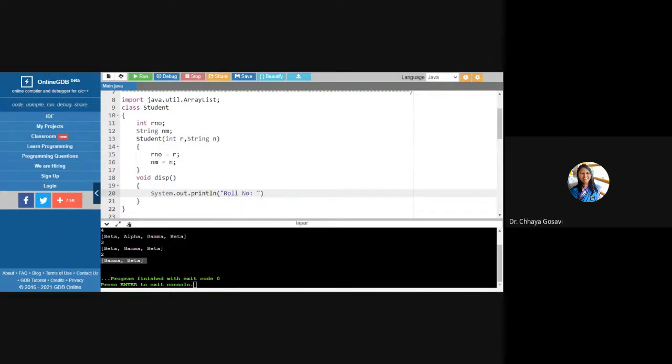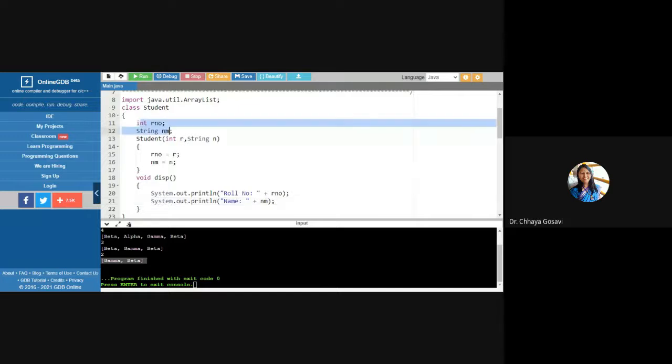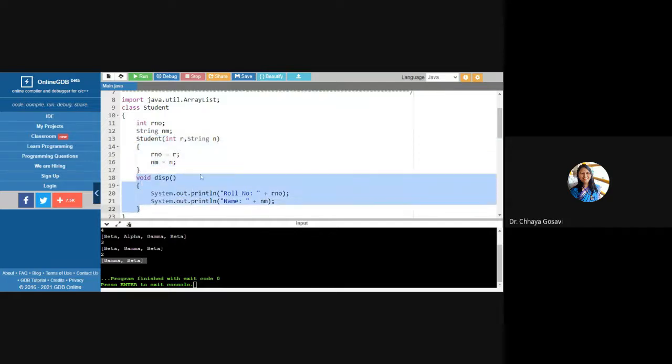Roll number is, and name. Our class is ready. Class student with 2 parameters: integer roll number and string name. Constructor to initialize these variables and display function to display these variables.